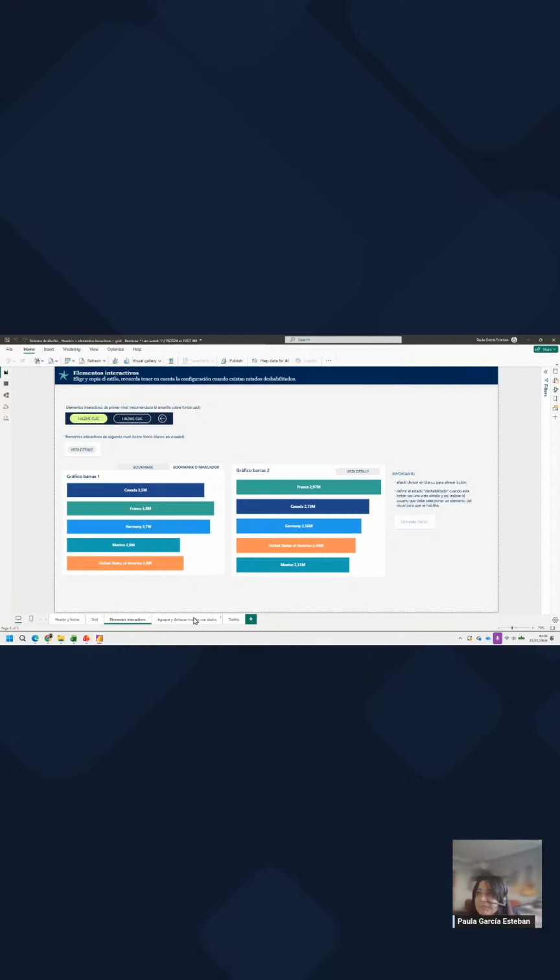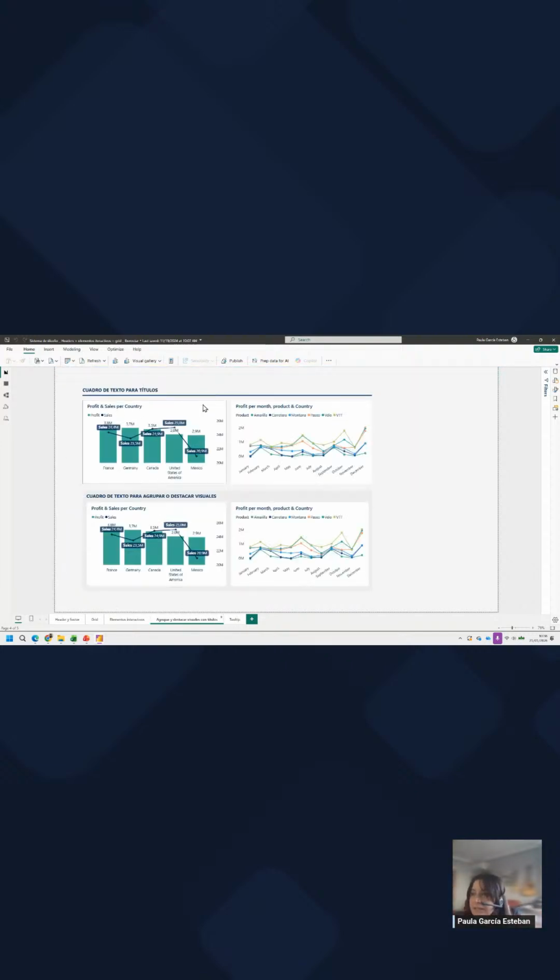Okay, then how we group different visuals that go together, because together they develop a single message. We can use this square, we can use this line. I mean, everything that potentially we will need in our report. And once we have all the elements already prepared,